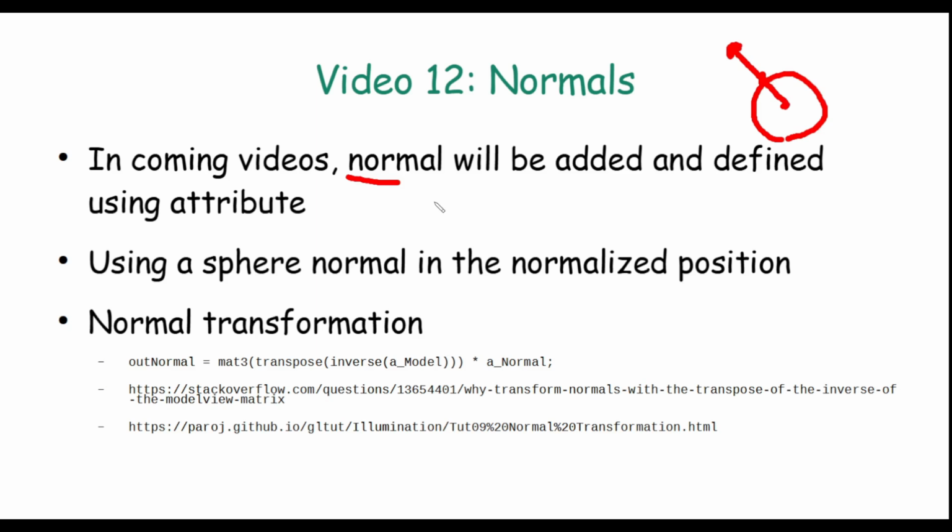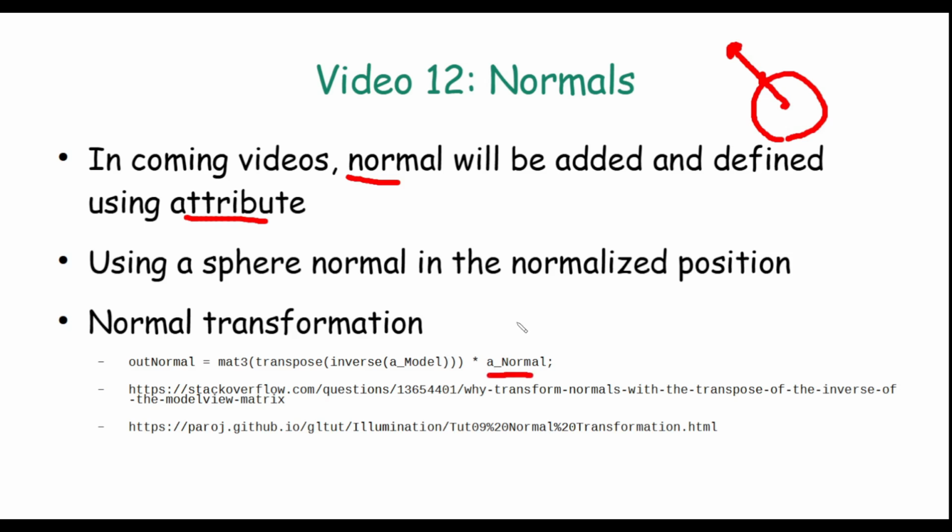In future videos, I will be adding another attribute to our buffer, which is the normal, and we will need to fill this attribute. For computing the lighting, we will use the world coordinates. And if our object is somehow rotated or translated or scaled in the view, we need to transform the normal